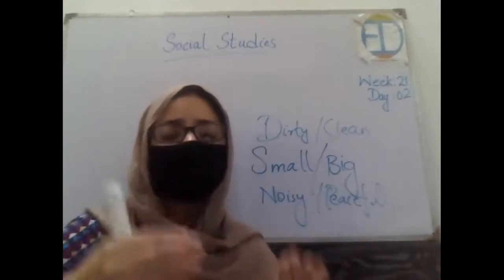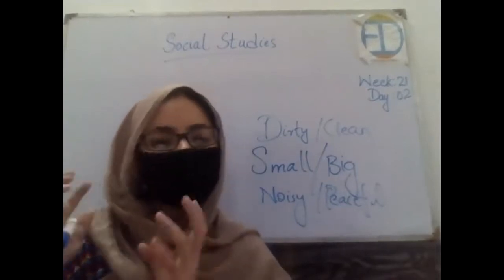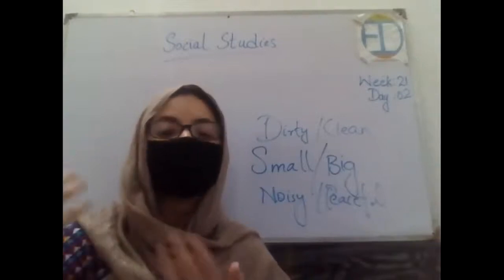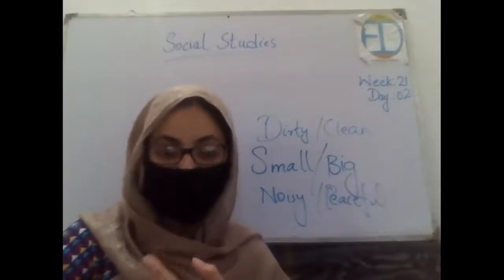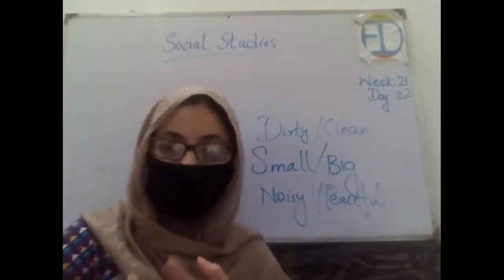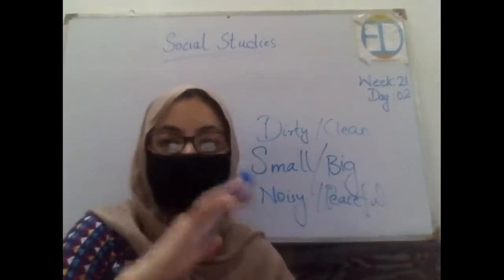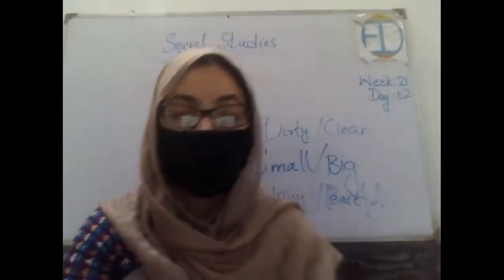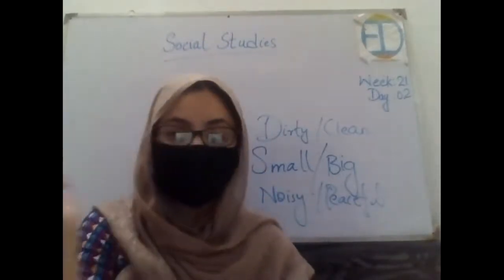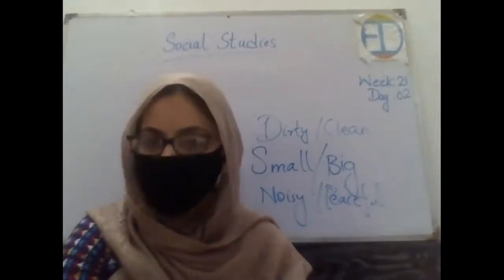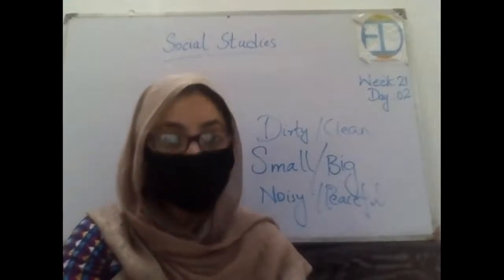right? In comparison to that, if we talk about the village neighborhood, because in villages people do not have that much advanced lifestyle, there are no big schools and big buildings, there are no big shopping malls, there are no good resources, right? So that is why the village neighborhood is very much different from the city neighborhood. Now in villages, what will you find in the neighborhood? You will find some houses, you will find farms, cattle, farmhouses, right?